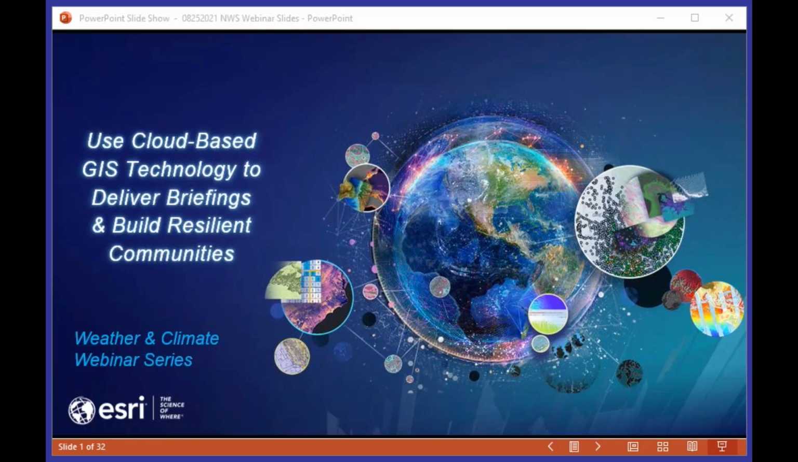My colleagues and I will introduce how the ArcGIS ecosystem, a complete web-empowered GIS, can deliver modern weather briefings and build resilient communities and businesses. Meteorological information and mapping are applied far beyond weather forecasts. Businesses, government agencies, and individuals rely on weather and climate information to protect lives and property and support data-driven decisions